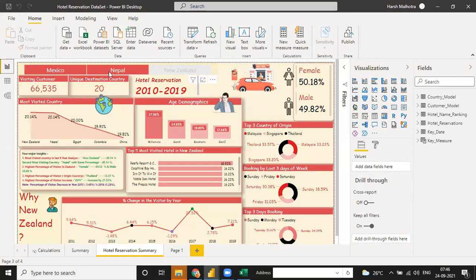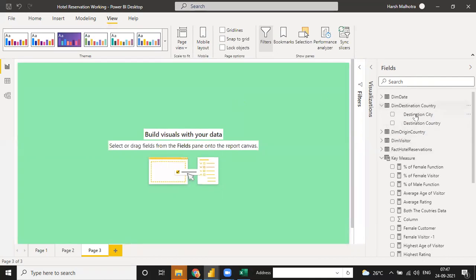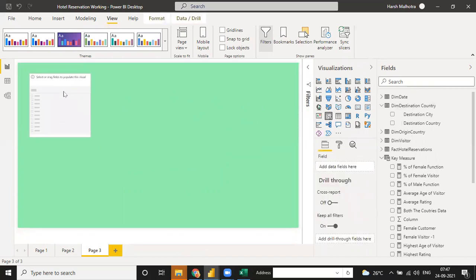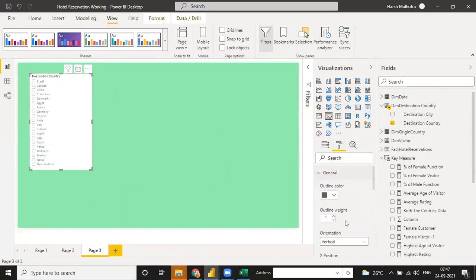Now the first thing we have to use is a top 5 country. Okay, a top 5 country-wise filter, or you can just use a simple top 5 destination-wise. So for this destination, there is a filter function here, the slicer. You can just click on slicer. Your slicer is here. And now for the destination city, instead you can put the destination country. The total countries we have are this many. And go to the formatting tab, go to General. The orientation is vertical, but right now I need horizontal. Means that kind of.